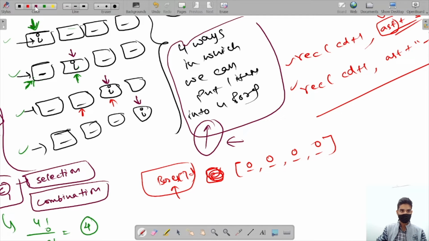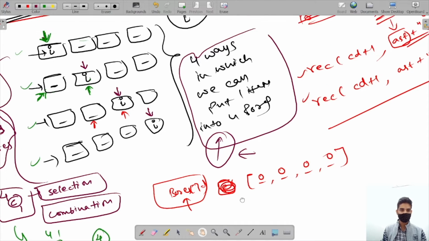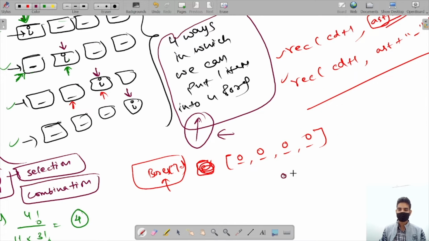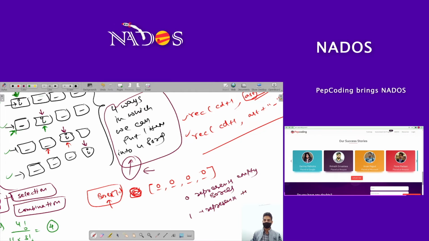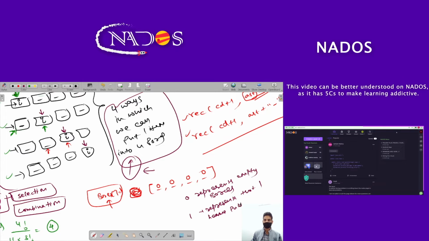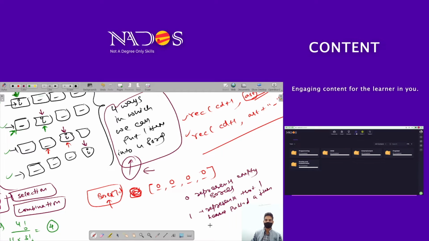So basically, this is our array, and finally we have to put something here. Let's say 0 represents an empty box. Initially, all the boxes are empty. Satisfied, easy. 1 represents that I have put an item into this box. Okay, so let's say this is the case.